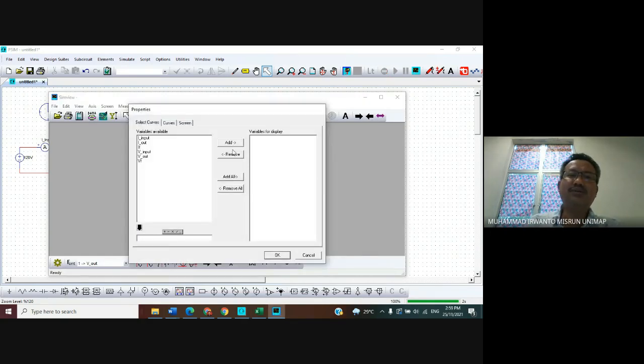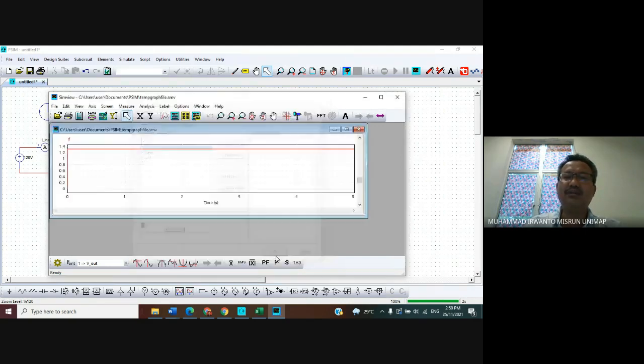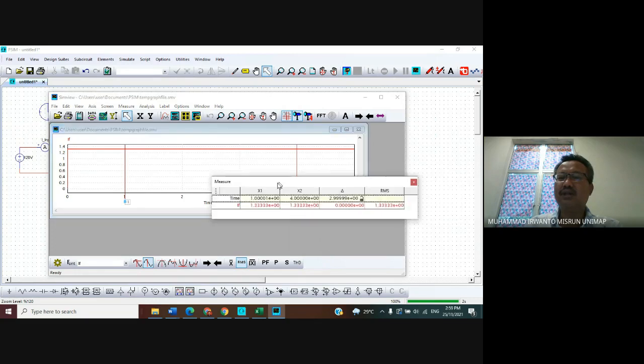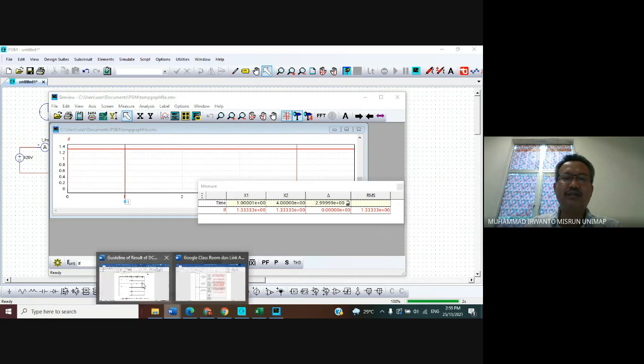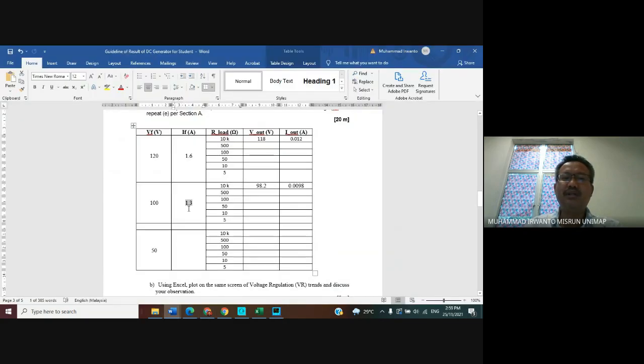And then we want to obtain the RMS value of the field current. Click IF, then click button add, and then click button OK. Click RMS by clicking the menu bar RMS. We obtain it. The RMS value is 1.3. You write it here, 1.3.